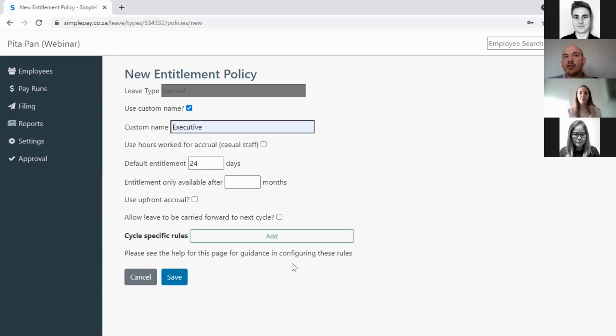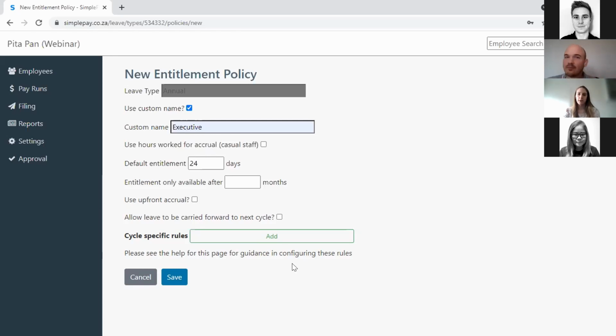Sure. You're spot on in saying that cycle-specific rules allow you to set leave entitlements based on tenure, or how long someone has been with the company. The whole point of doing this automatically is so that you don't have to set up separate policies. If someone has 18 days for the first year, and then moves to 20 days in years 2 and 3, you don't want to set up separate entitlement policies and then remember, okay, this person has now reached year 2, so I need to change the entitlement policy, or in year 4 I must change it, and then that's just going to create